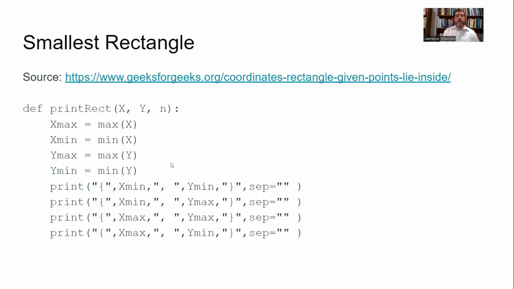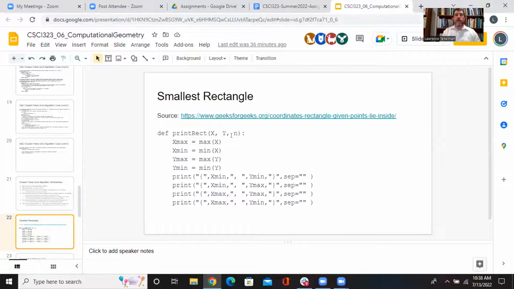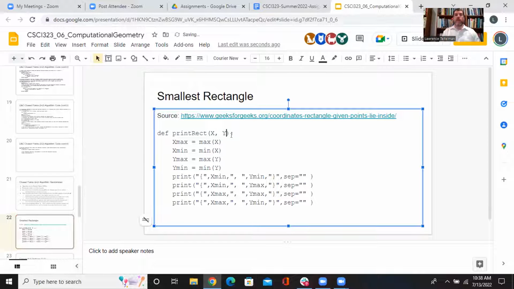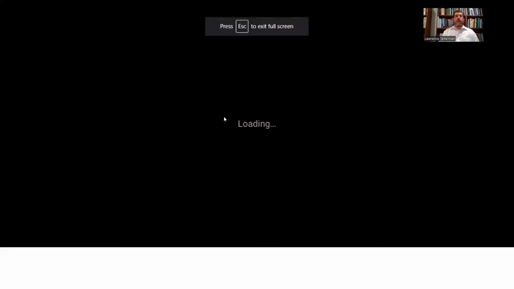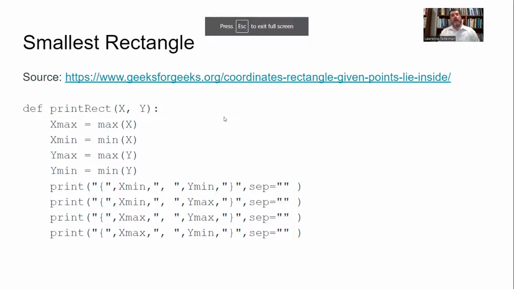I have two arrays. Array x holds the x coordinates of all the points, and y holds the y coordinates of all the points. Do they need to be sorted? Are x and y sorted? No. Not only are they not sorted, but it's not even really clear what it would mean to be sorted,